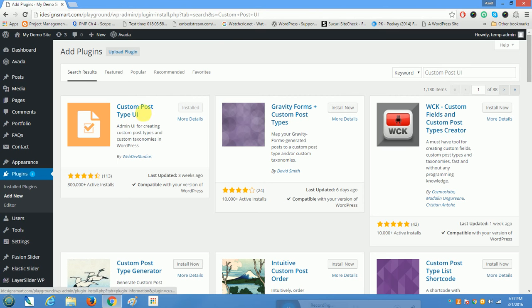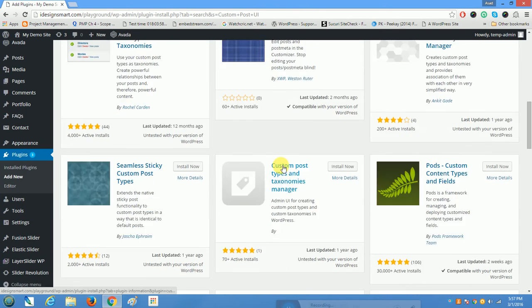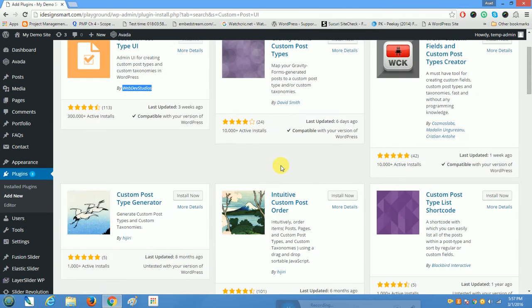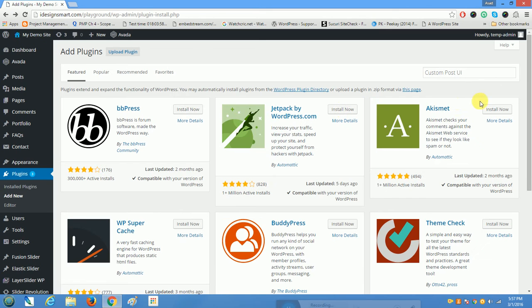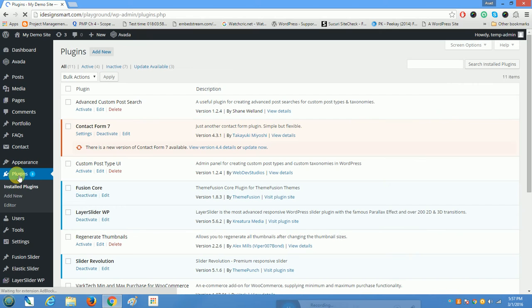So the first one that comes up, by Web Dev Studios, you can actually see how many things there are that you can use. Now there are a lot of plugins. In particular, I like this one, but you can pretty much go with any plugin, and you will get an idea once I go into detail on what information will be needed. So I will go back to my plugins list where my plugin is installed, so I can just activate it. So we'll just activate